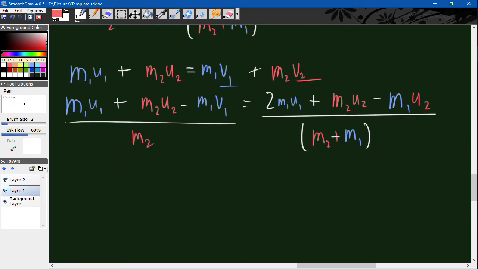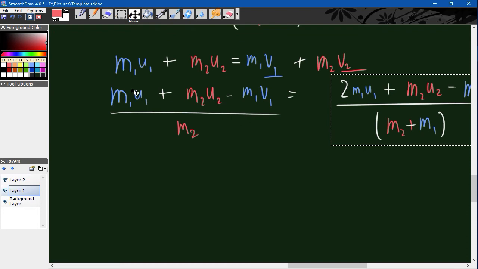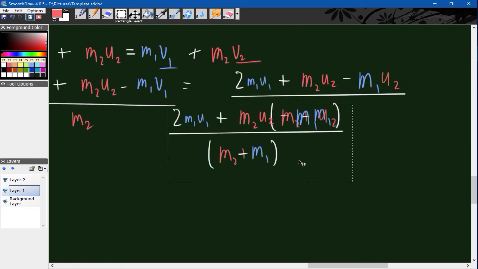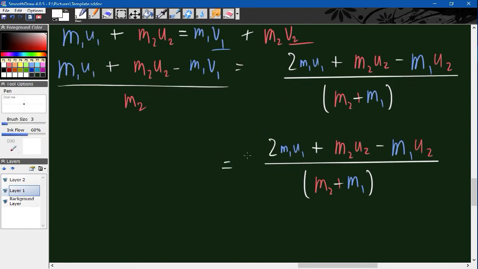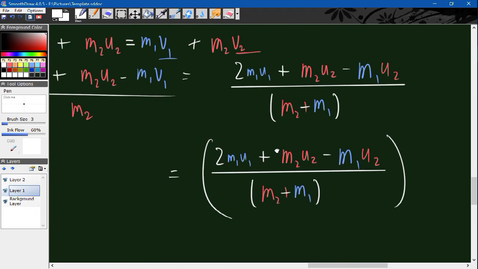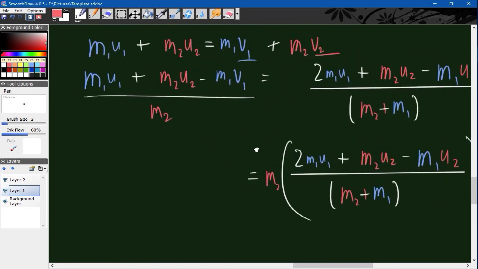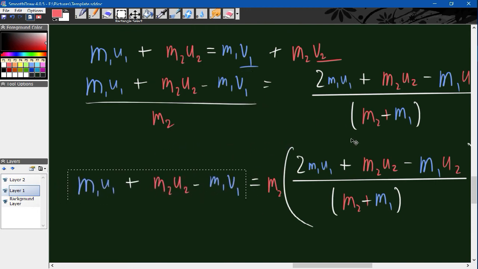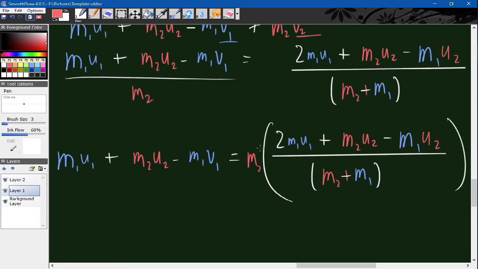Okay, we could do this. We could multiply this side by m2. Whoops. Let's copy this entire thing here. Multiply all of that by m2. Good thing we could copy and paste, because if we couldn't, I would have lost my sanity already. And then we could